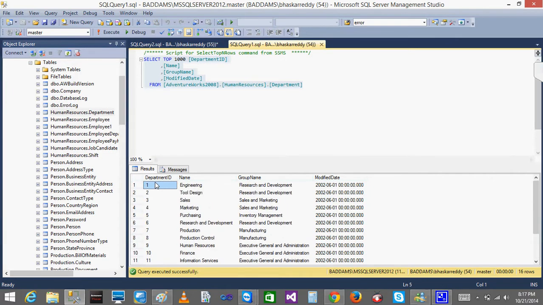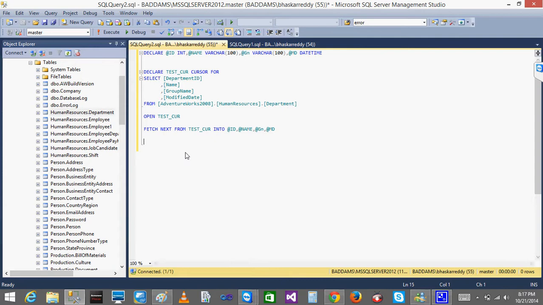The first record is the department ID. It may take any record which is there in that list, so it will take the first record in the list. After that, by using this fetch, since one record has 4 columns, right, you are taking all the 4 columns and capturing them in the variables, done. You are doing the fetch.